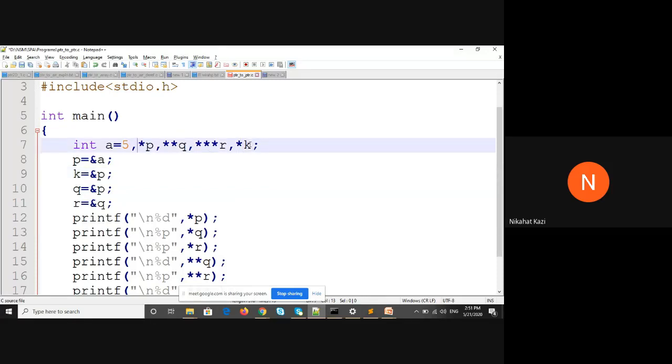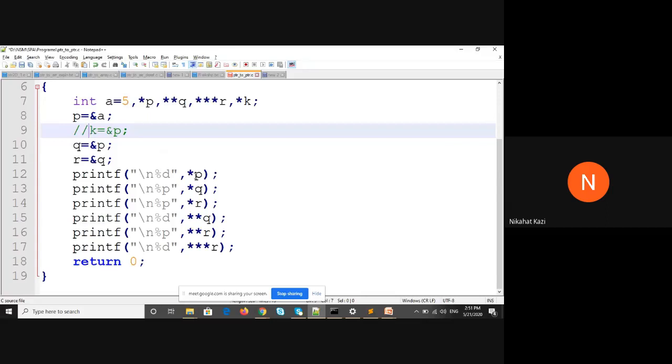This has to be a higher type. The type of k has to be double star, otherwise it cannot hold p's address. So in order that k holds p's address, it should be a double star. Okay, so I'll just comment this. This is not correct.